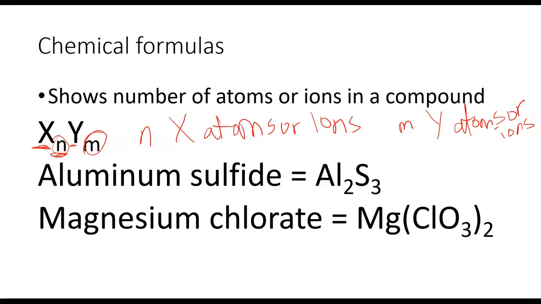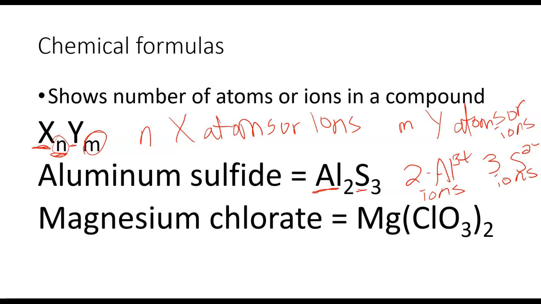So if we look at aluminum sulfide here, there are 2 Al3+ ions, and there are 3 S2- ions. Remember, we looked at what the ions are, and aluminum forms 3+ ions, sulfur forms 2- ions, so